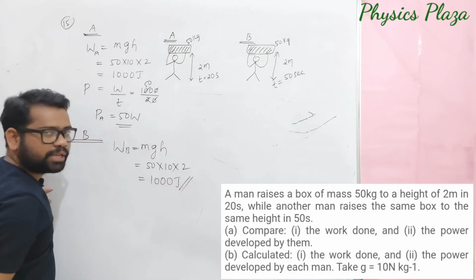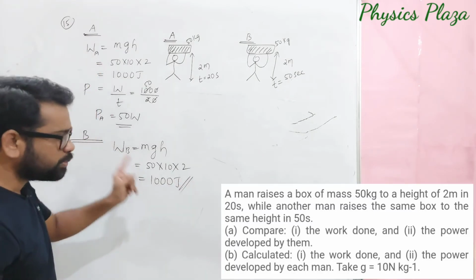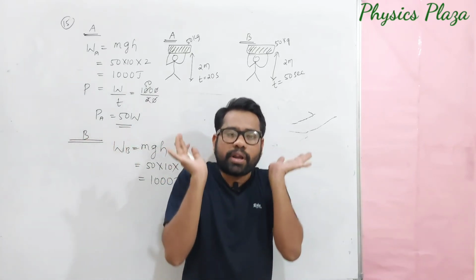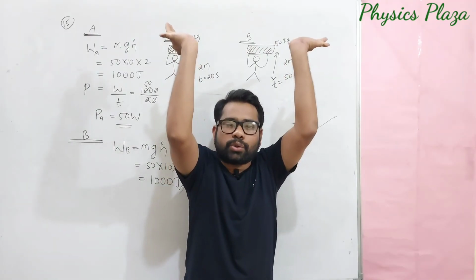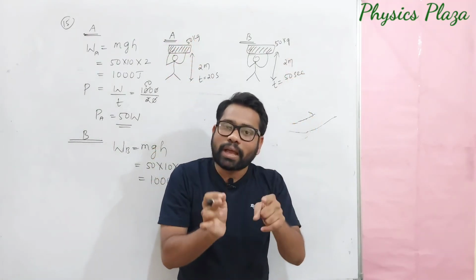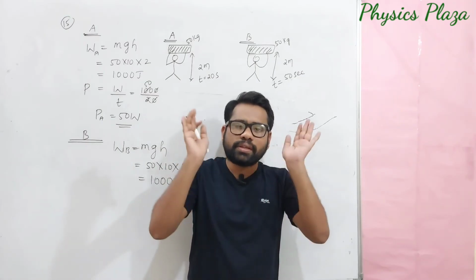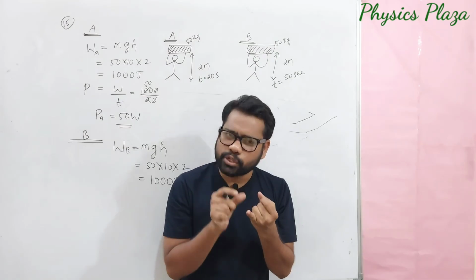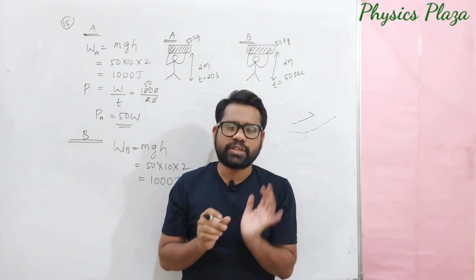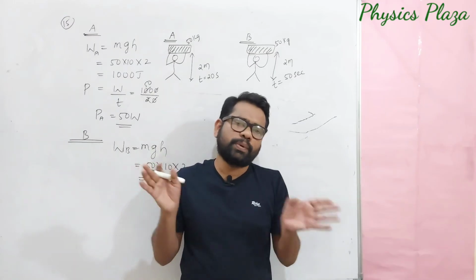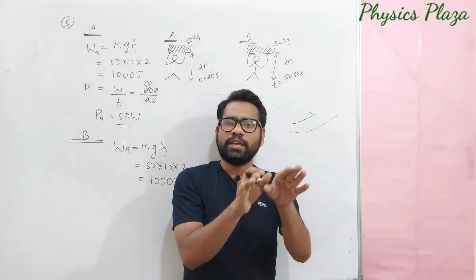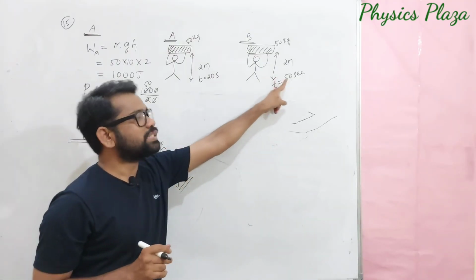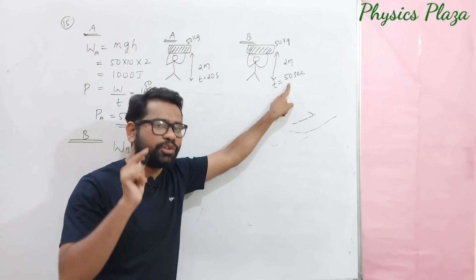Children, here you need to observe one thing. The work done by the person A and work done by the person B is same. Why is it same? Because both are lifting a body of the same mass to the same height. So both are doing the same work against the gravity. Because the work done against the gravity depends on mass, acceleration due to gravity, and mainly h. So these three are same in both persons' case. So the work done by person A is equal to the work done by person B. But children, as time spent is different, so definitely power spent is different, that we need to calculate.